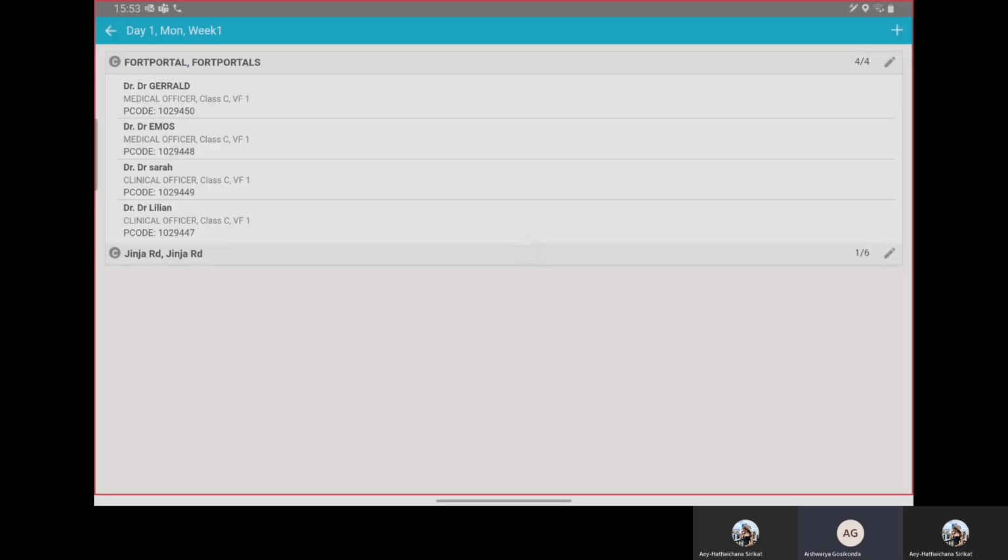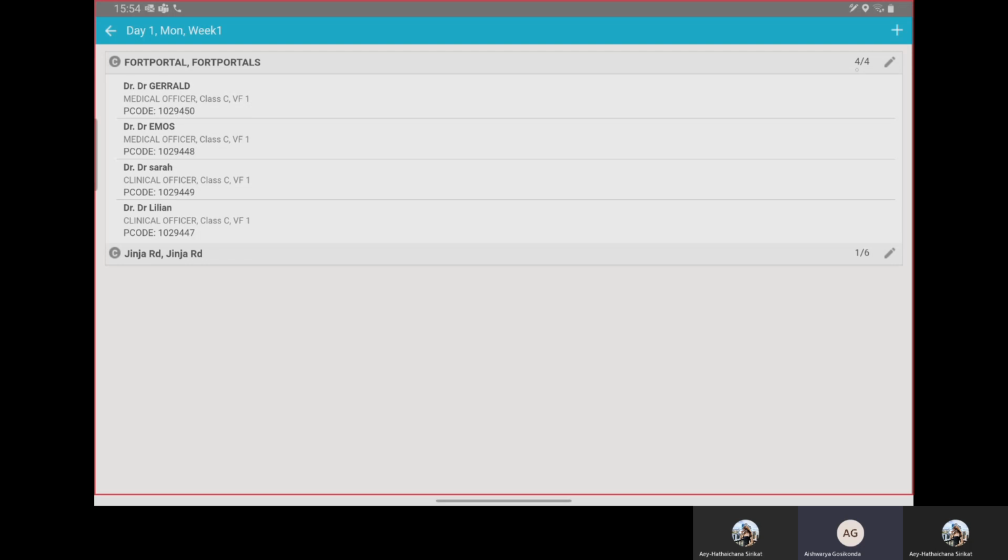Yeah, so here we can see the changes. Since we have unselected the Kakira Hospital, now you will not be able to see the Kakira Hospital in the day one plan. And the second thing, there are some numbers beside this pencil icon. You will be wondering what these numbers are. These numbers are basically the number of customers in that patch.